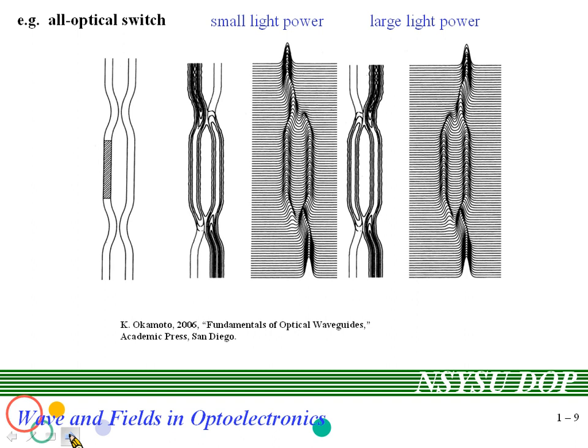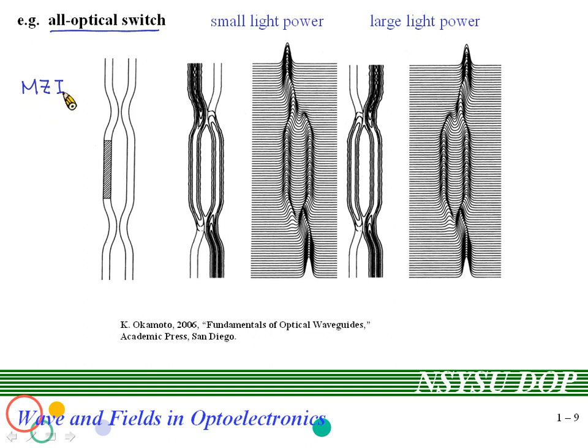Here I will show you one example formed by nonlinear material. This is the all-optical switch. We know a switch means that you can control the light, control the direction of light, or control the light to be on or off. Optical switch means that you can use the light power to control the power direction, or to control the path of the power. How to do it? Here we design a device like this. We call it a Mach-Zehnder interferometer.